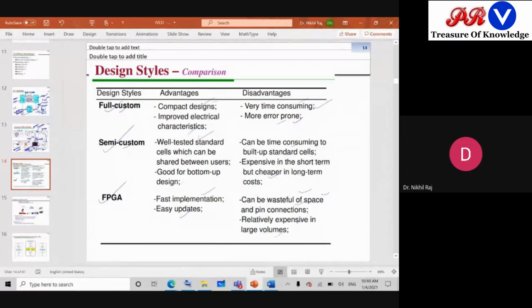So overall, if you ask, I will say that mostly go for the semi-custom design. People prefer semi-custom because though in the full custom it is a good characteristic, everything is achieved, the problem is this error. Suppose if error is there, then no one will prefer that design. Error nobody will tolerate. A little bit of money they will tolerate. Okay, a little bit expensive, no problem. But the performance is better.